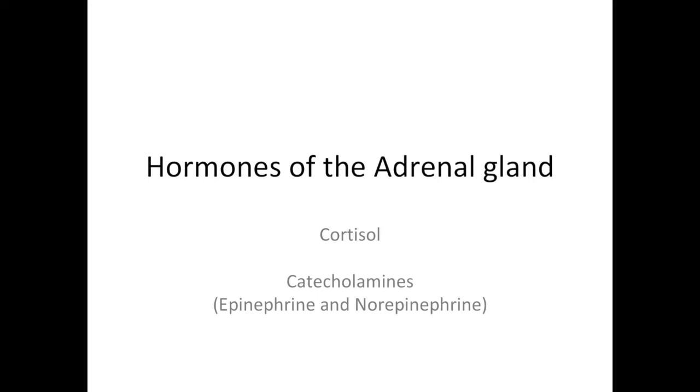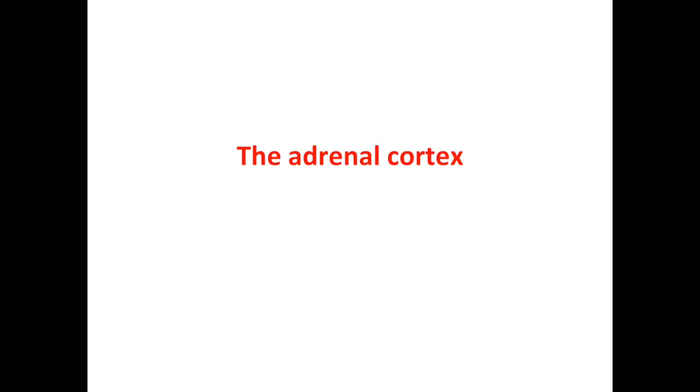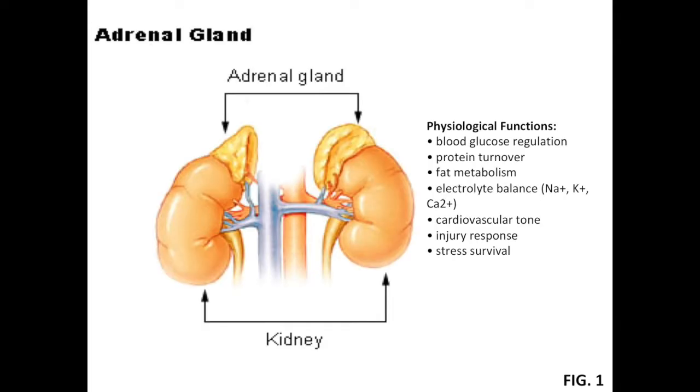The hormones of the adrenal gland we are interested in are listed here: cortisol and the catecholamines epinephrine and norepinephrine. So we're going to talk first about the adrenal cortex, and all the hormones that are created in the adrenal cortex come from cholesterol. And the adrenal glands sit on top of the kidneys, and its physiological functions are